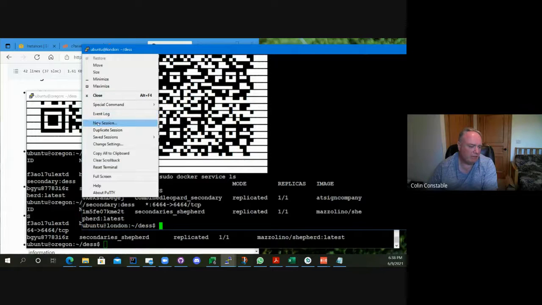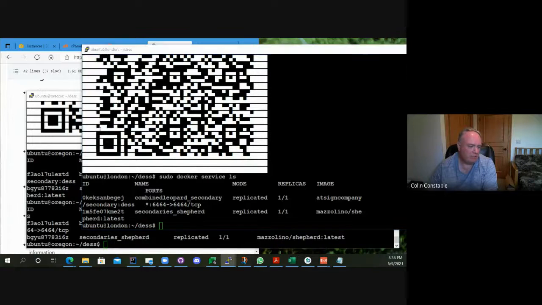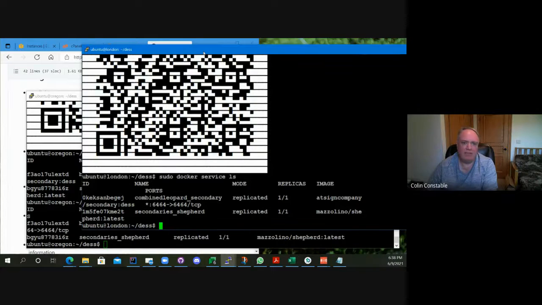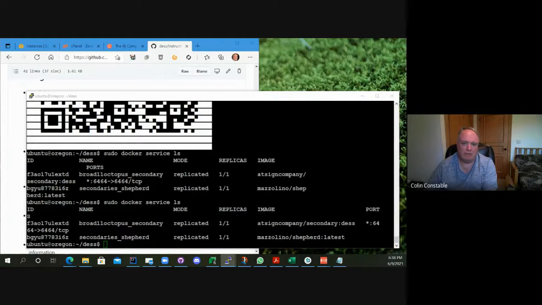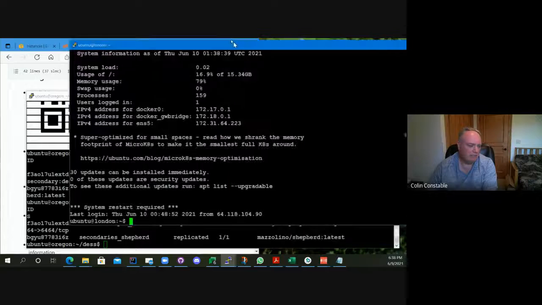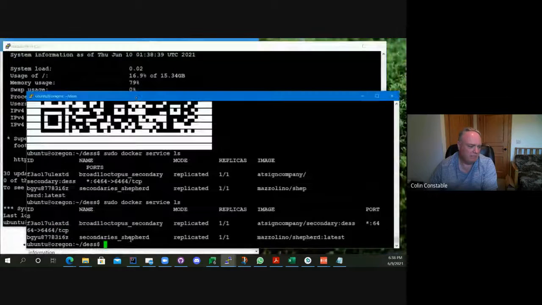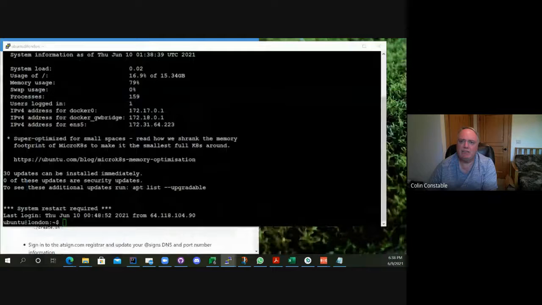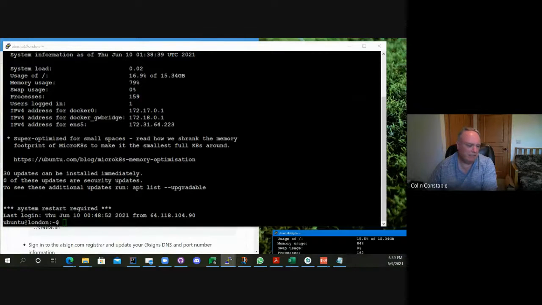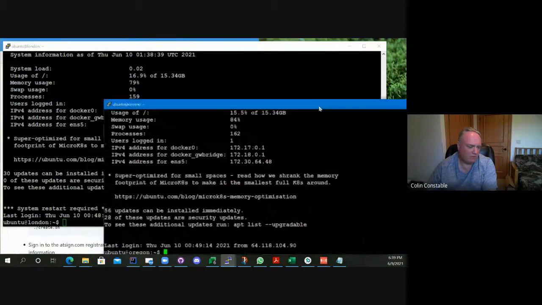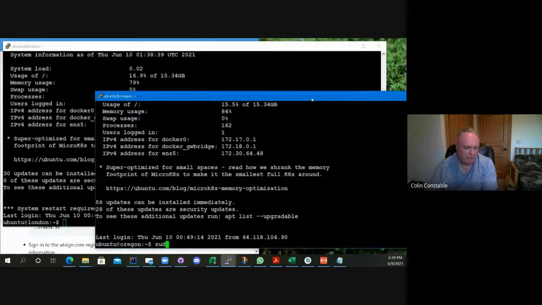So I'm going to create a duplicate session on this one. I'm just going to put these ones out of the way. I'm going to scan the QR code in a minute; you'll see that, it's on my other screen. So here's the London machine, and I'm going to use this one over here. Duplicate the session. And there's Oregon. What we're going to do now is tail the log file, because it's always good to tail the log file, right?